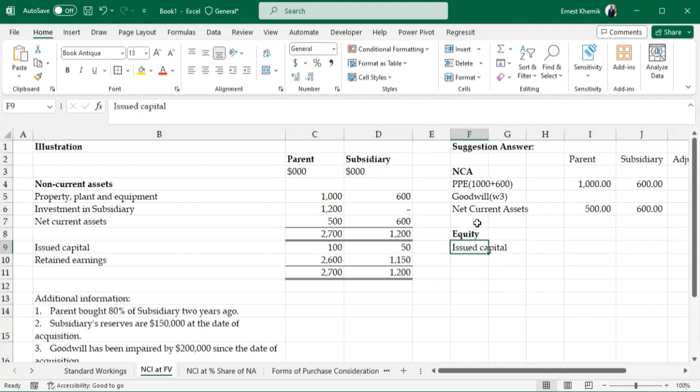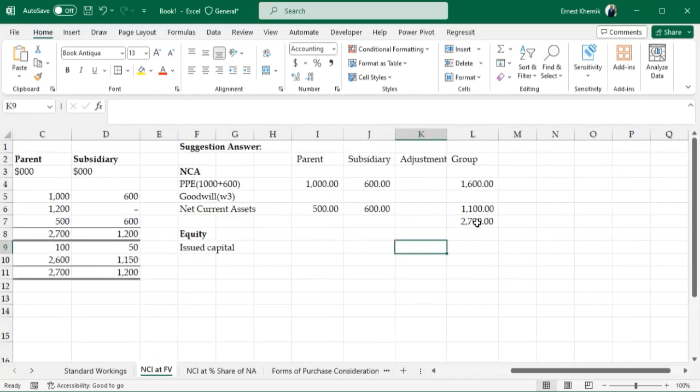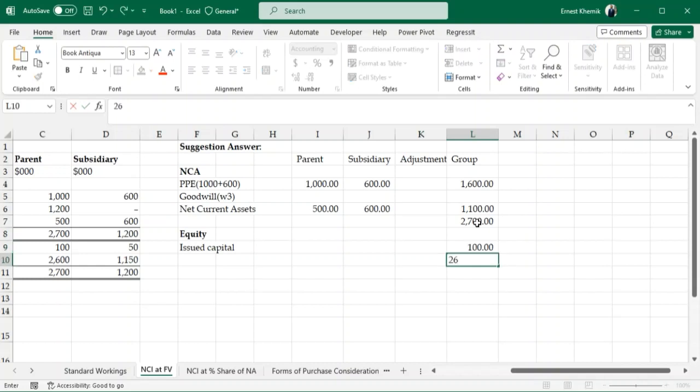We only use that of the parent because the parent is assumed to be the owner of this particular single economic entity we are talking about. So we use its equity only. So we'll come straight to the group portion, and then we'll have 100 for the parent, and then also 2,600